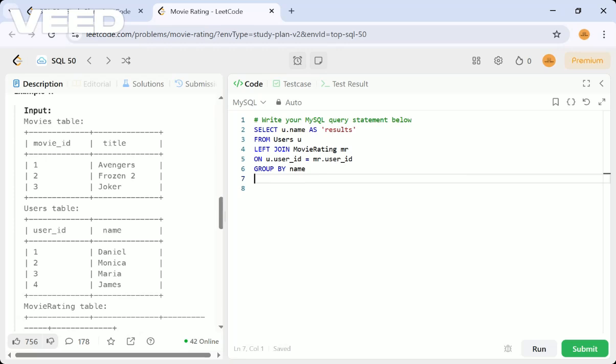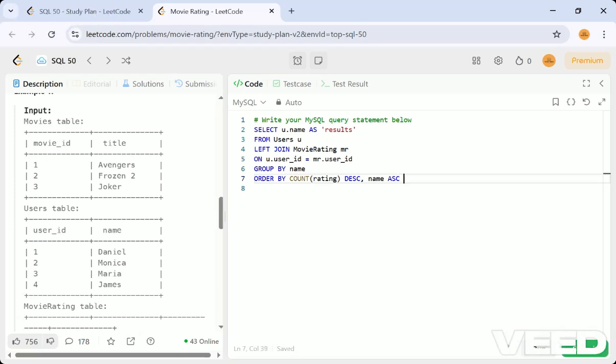Then what we have to do is order by count of rating descending, and then name ascending.